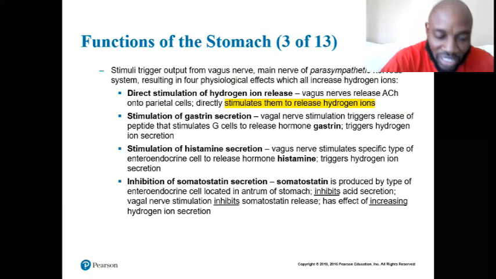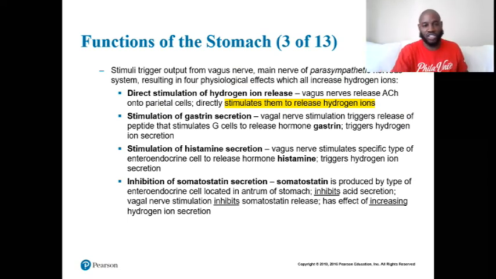All right, this stimulation causes a trigger from your vagus nerve, which is the main nerve of your parasympathetic rest and digest, resulting in 4 physiological effects, which all increase your hydrogen ions, which are going to eventually increase your hydrochloric acid. All right, so we have stimulation of hydrogen ion release, stimulation of gastrin. Remember, gastrin triggers your parietal cells, which trigger your hydrochloric acid. Stimulation of histamine secretion, which also triggers hydrogen ion secretion,